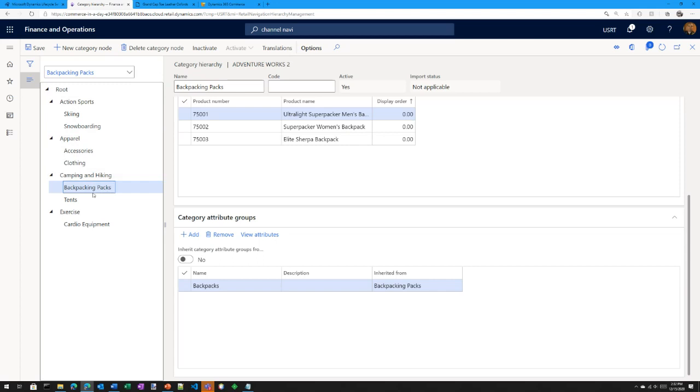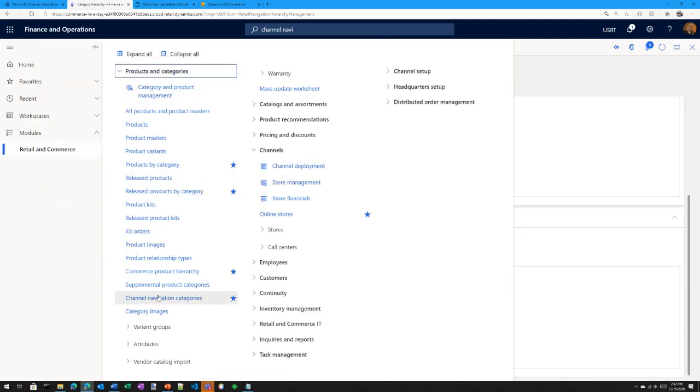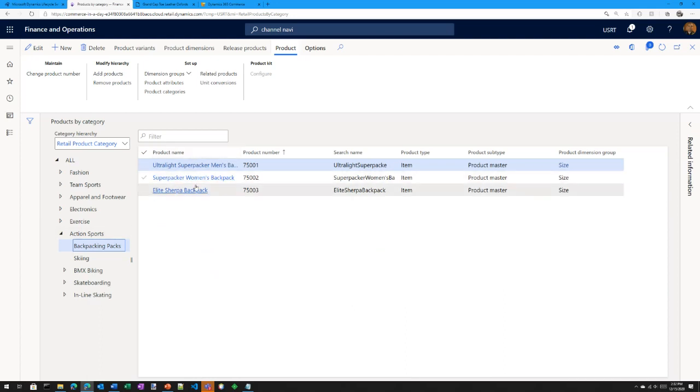Okay, so now that I've added those products, let me show you what a product looks like before we hook up our channel to this product hierarchy. So again, if I go over into modules under products and categories, there are a couple of different places you can go. First of all, when you're creating a product, the first thing you generally do is go to products by category. And this is like a global list of products available for all of your entities. So you can see the hierarchy on the left with several categories, and you can see under backpacking packs is where I added these 3